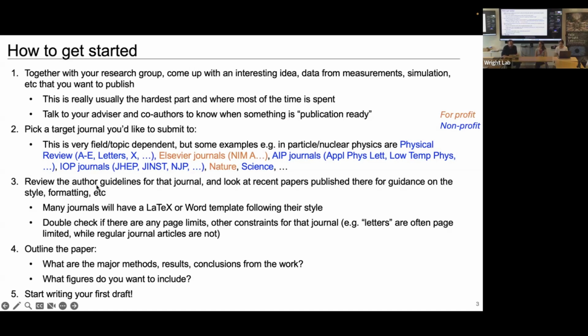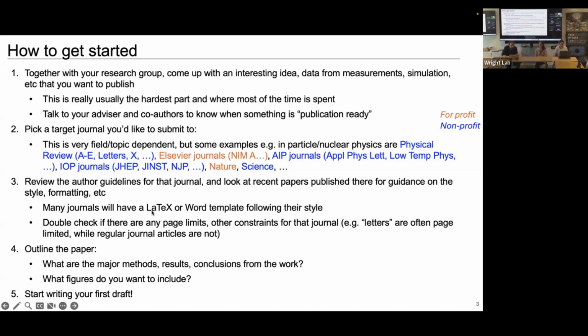And probably the best thing to do is to look at recent papers for guidance on how papers in that journal look, how long they are. I think in astronomy and physics, we often or almost always write our papers in LaTeX. But some journals will accept things in Word, and they'll have a template. If you haven't used LaTeX before, there's this great tool called Overleaf, which allows you to work on LaTeX documents with all your co-authors. Multiple people can work on it. It's a markup language, like HTML is for writing web pages. This is a language that allows you to do math and figure placement and everything that many journals are happy to accept.